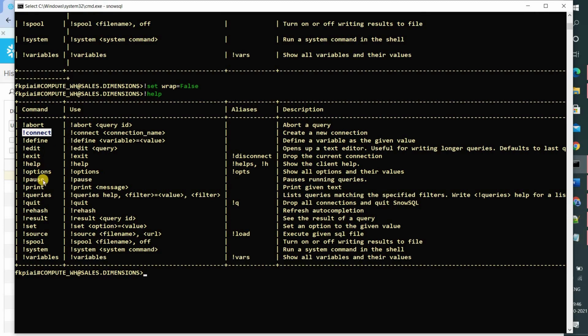And now let's jump on. Pause we generally don't use, and print, even printing some message we don't use much. Let's see the print command. Say Snowflake is awesome. Cloud database.